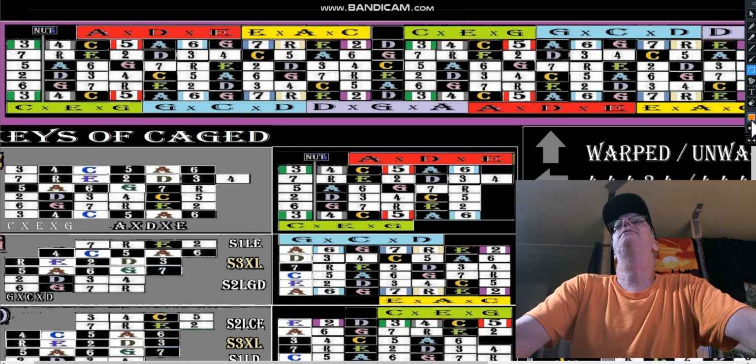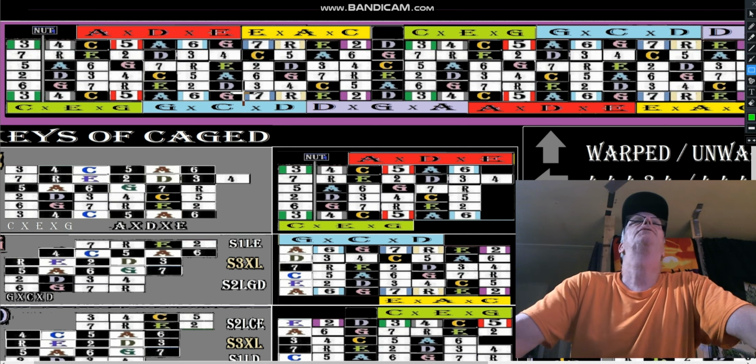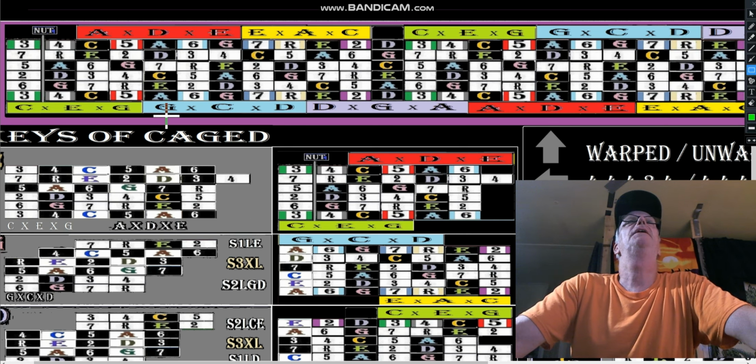You can just use, there's a fly in this room, you could just use a fret nut approach. So if I put the fret nut here, okay, that root